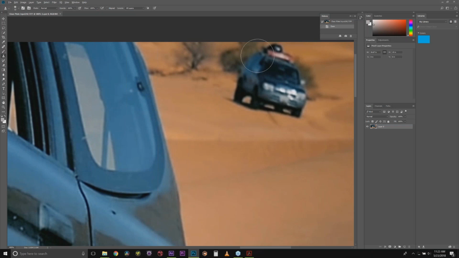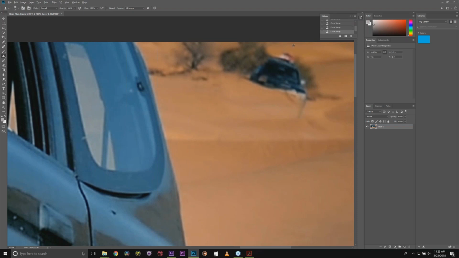We obviously want to make sure that we have a space where we can see the entire car if we want to paint it out. And we're just going to paint over the top of this. Now, this is probably going to be the world's quickest and dirtiest paint out. So I don't want to spend too much time teaching you how to paint in Photoshop. But suffice to say,